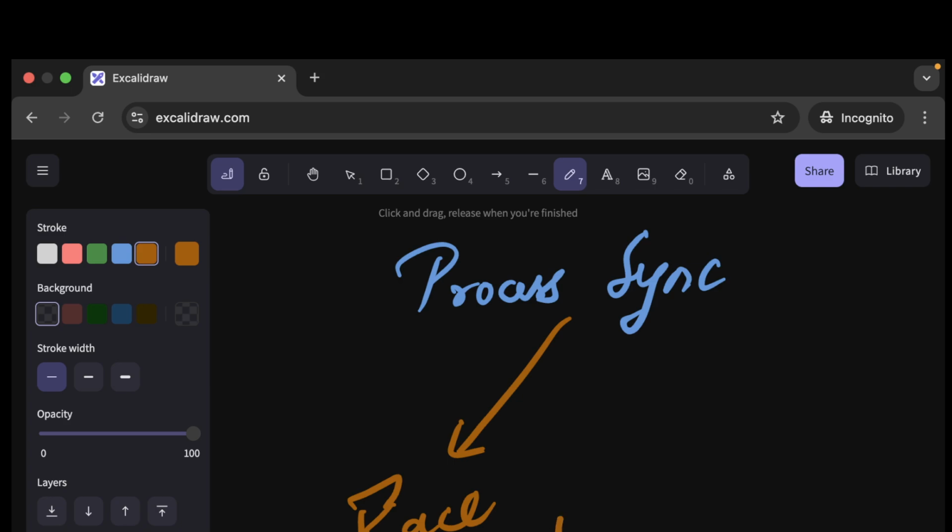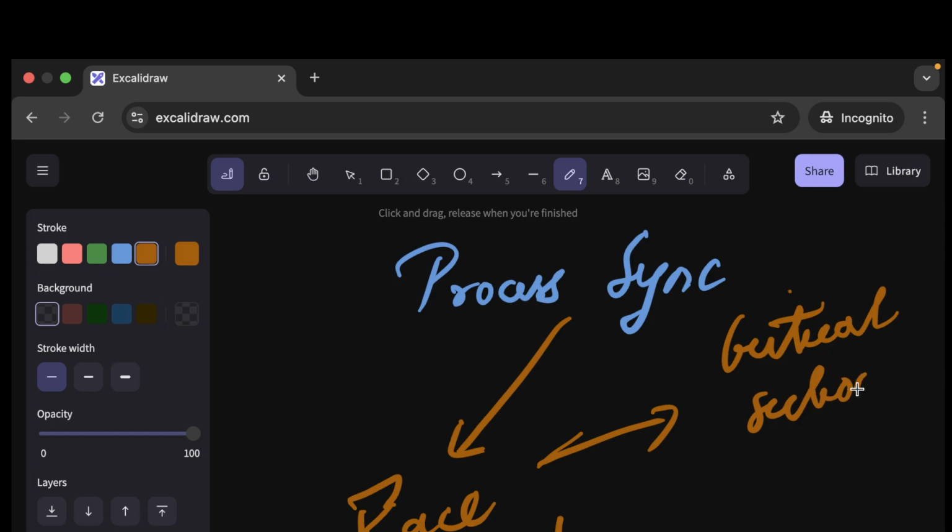So different threads are accessing the same block of code. The critical section is that part which has the shared resource. So race around is when you are having